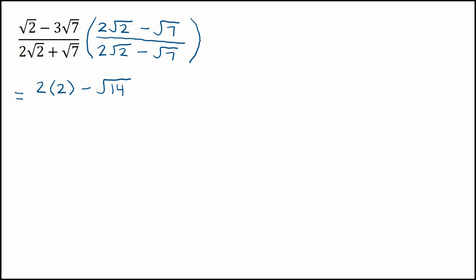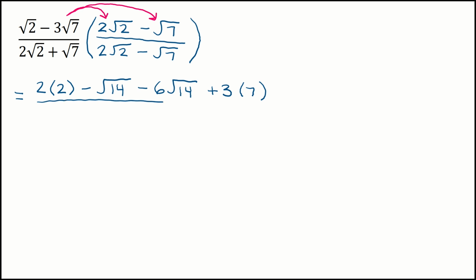Negative 3 root 7 times 2 root 2 is negative 6 root 14. And finally, we have negative 3 root 7 times negative root 7. Negative times negative is going to turn into a positive. So positive 3 root 7 times root 7 is going to work out to a 7. And that is divided by